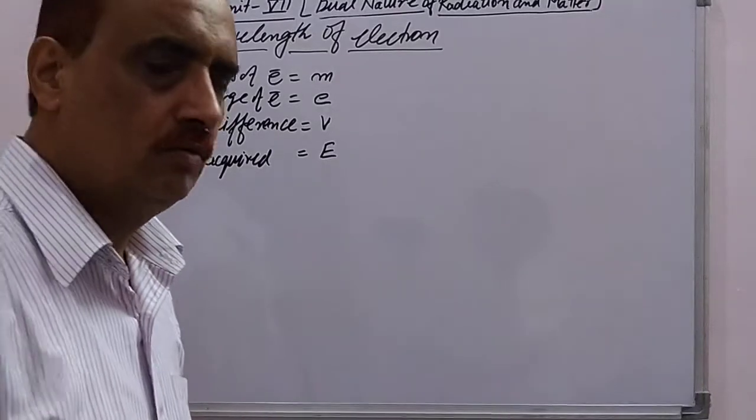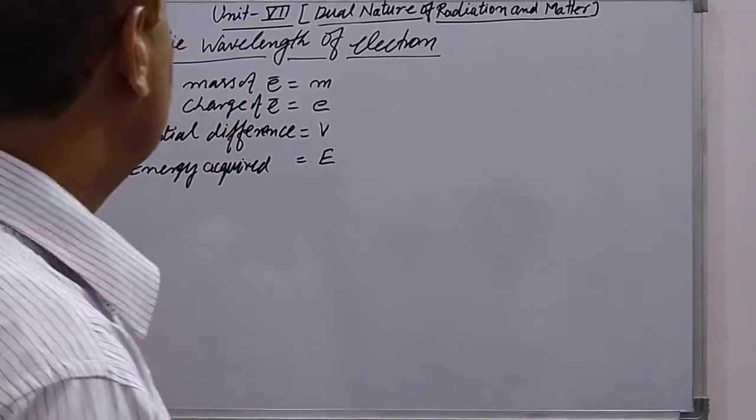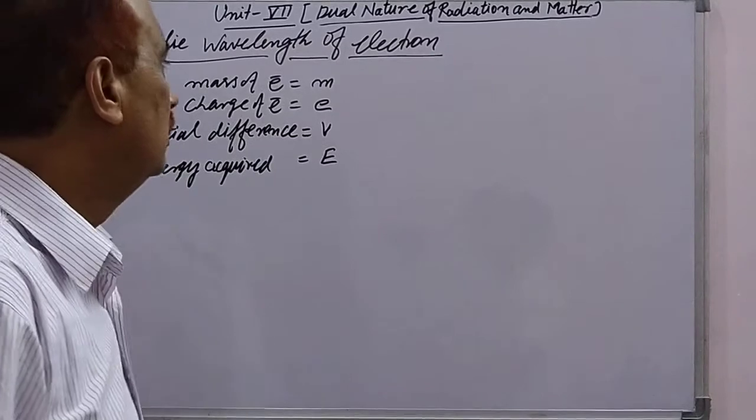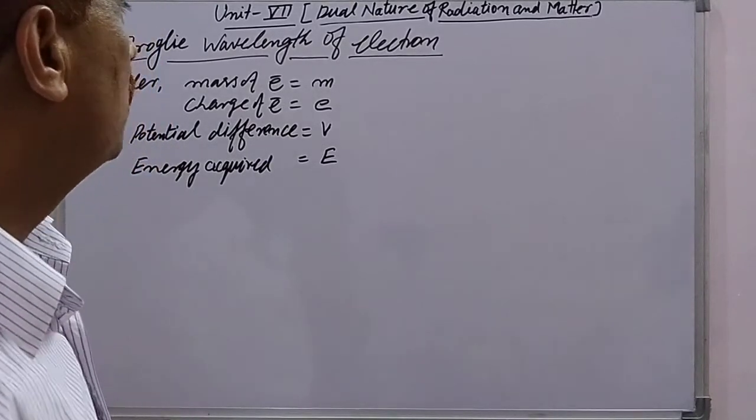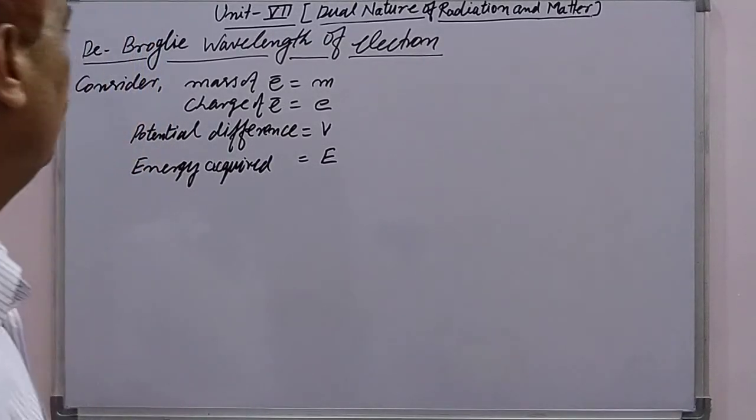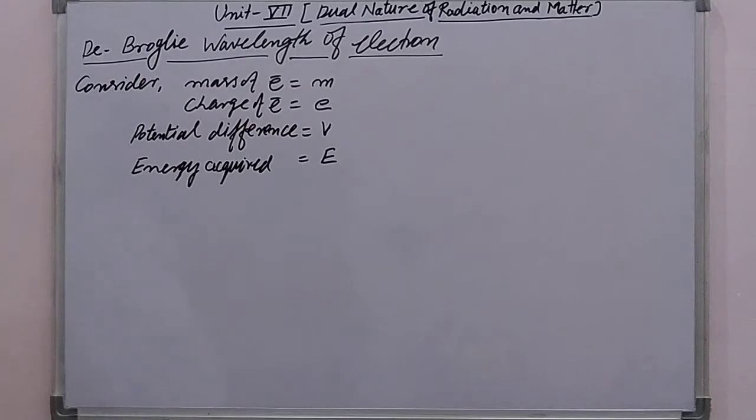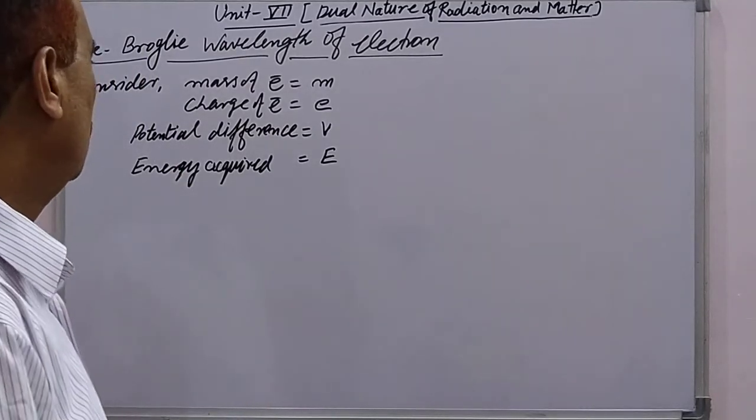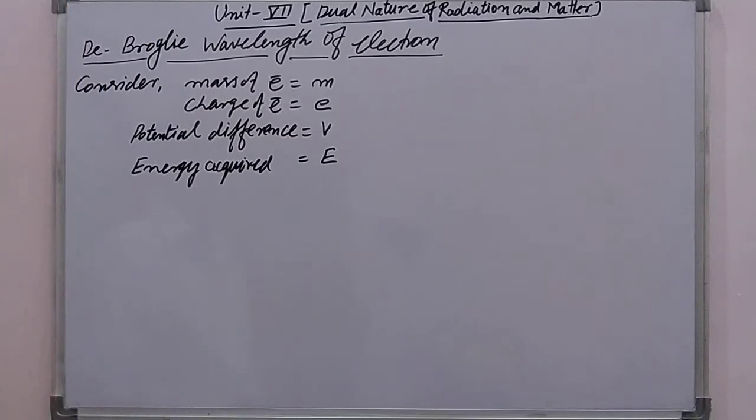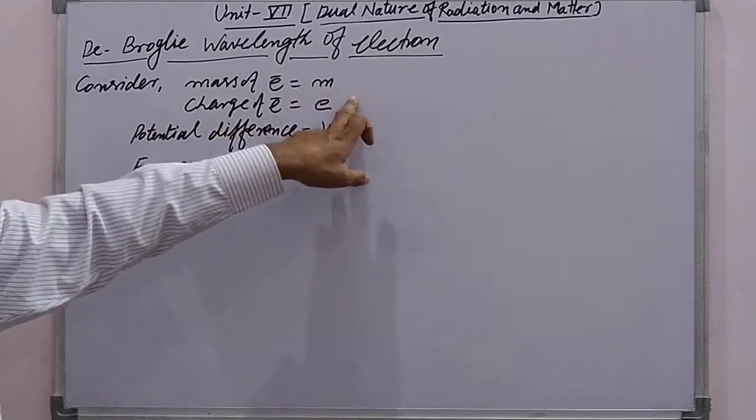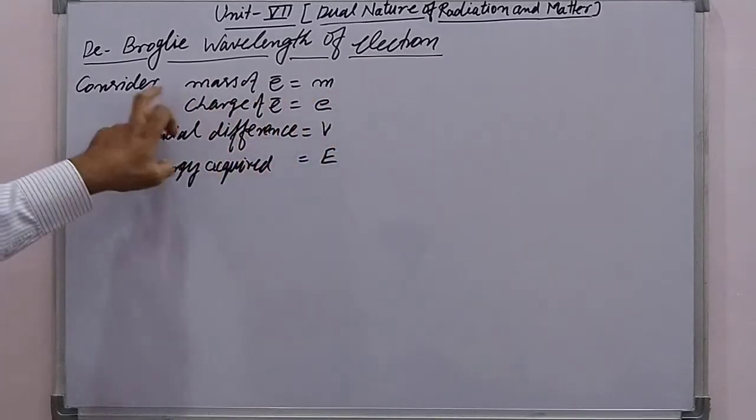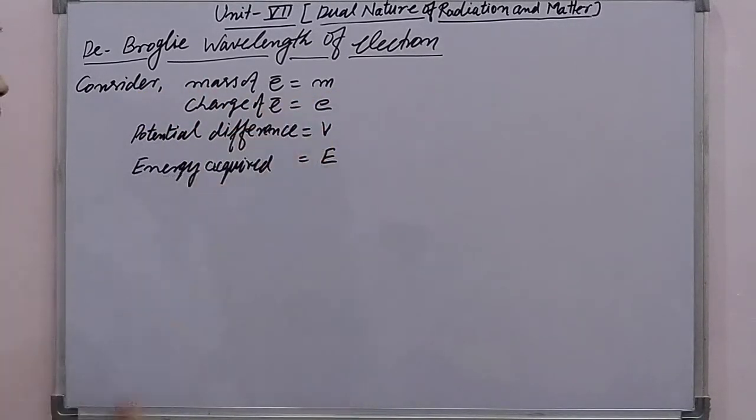Okay, students, now we will discuss the last topic of Unit 7, dual nature of radiation and matter, that is the de Broglie wavelength of the electron. To discuss the wavelength of the electron, we have to consider some points. Let the mass of the electron be m, the charge on the electron be e,